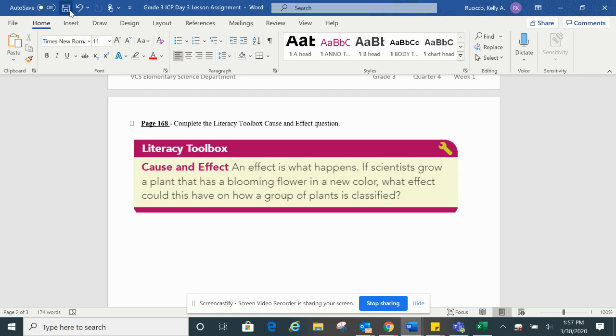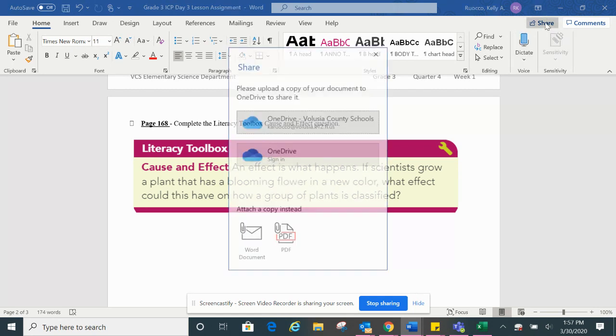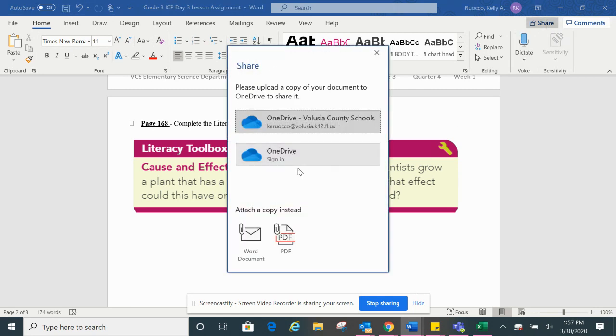Once that's done, hopefully your autosave is on so that it automatically saves this throughout. If not, make sure to save it again with all of your answers, and then you're going to select share. Once share comes up, it should be OneDrive with your alpha code. Here it says my email address, but it should say yours. You're going to click on Word document, and then you're going to type in Rucco, Rucco Kelly. Make sure